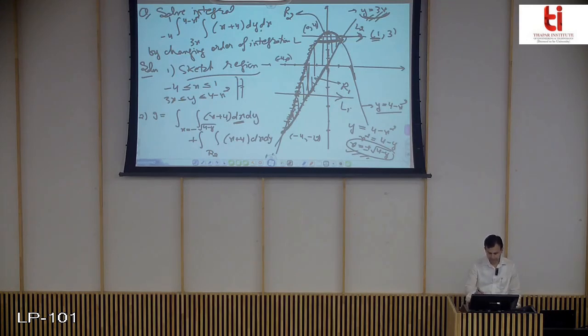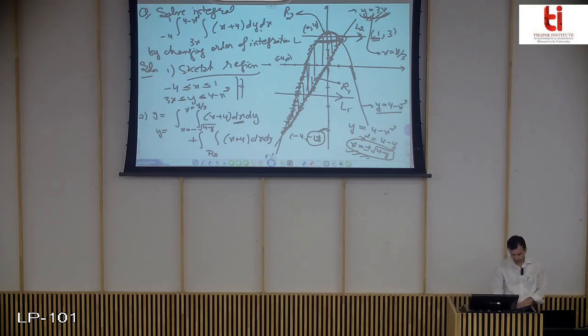And it is leaving at this line, that is y equals 3x. So y equals 3x gives you x equals y upon 3. Done. Now the values of y that cover this region R1. Be careful, the variable is y here. In one of the questions I took the value of x, so be careful about that.